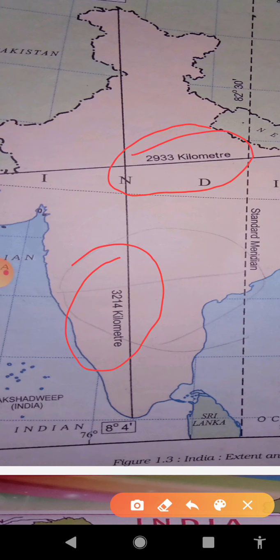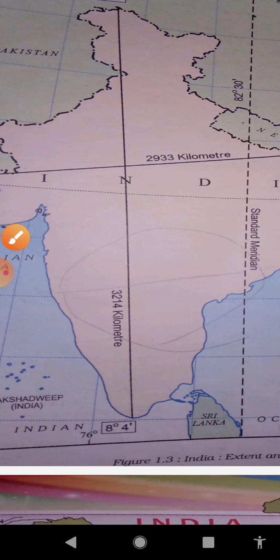You may get the question: though the north-south and east-west extent of our country is almost the same, that is 13 degrees, we are getting a difference in the north-south and east-west extent in kilometers. So if you get the question to write about the reason due to which we are getting this difference, simply what you can write here is